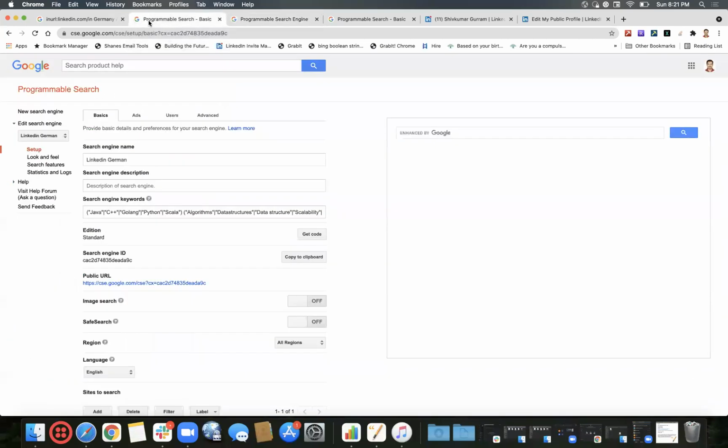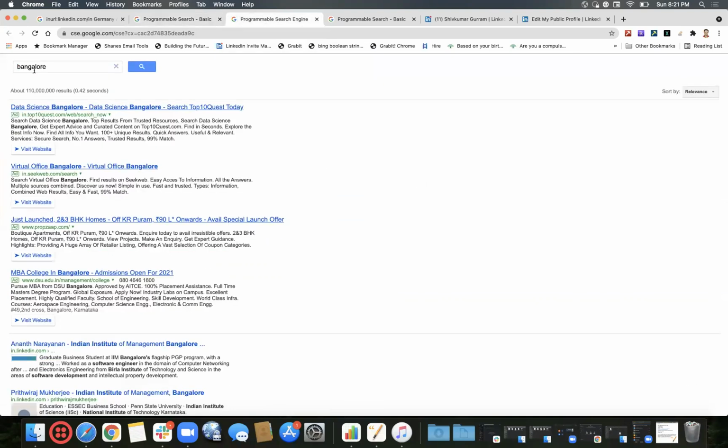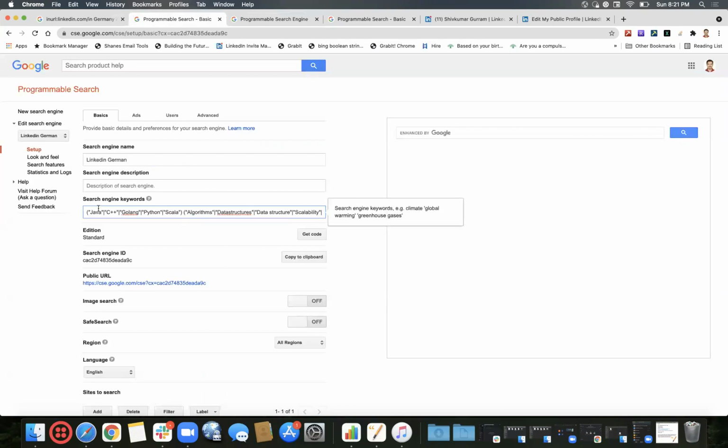So whatever keyword we are searching for, in combination with Bangalore, we want any one word from this particular set, any one word from this set.